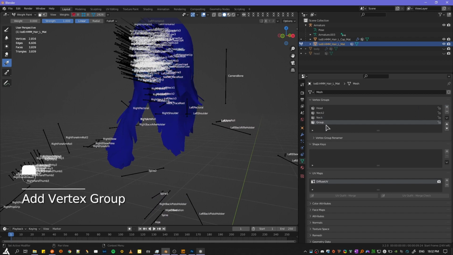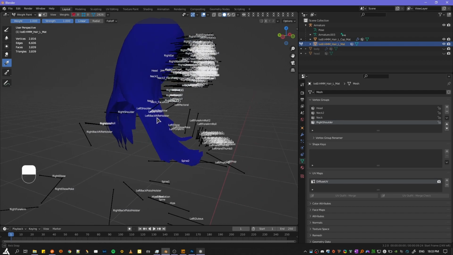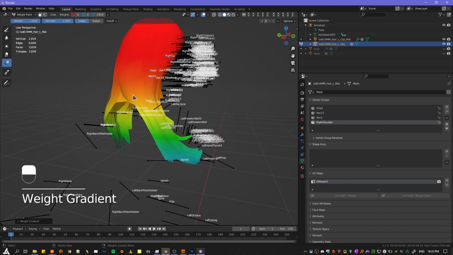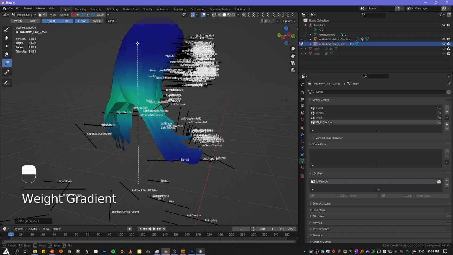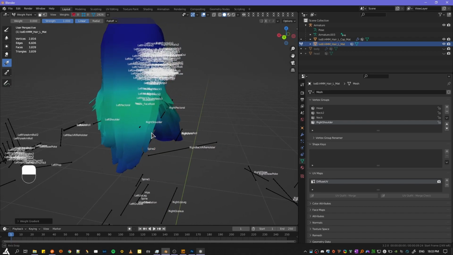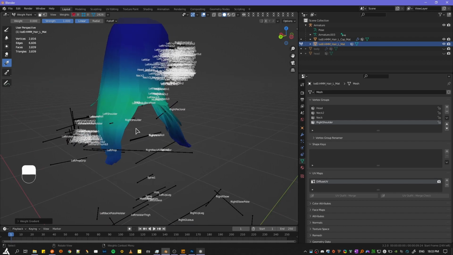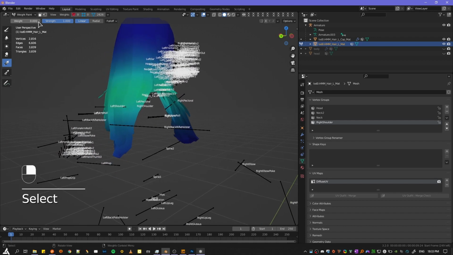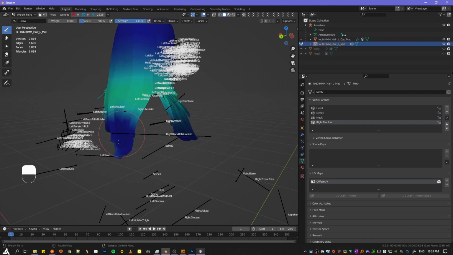So right shoulder, we only want this part to affect right shoulder, so what we're going to do is go here, weight paint, turn off the front faces,